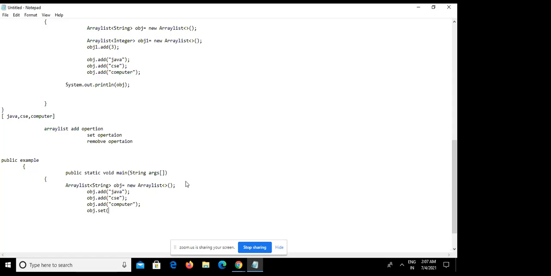Index-wise I am going to change, like the first one is Java CSC computer. So I want to change CSC. I want to put 2 comma. I am putting it here in place of CSC, whatever I can put, my name.